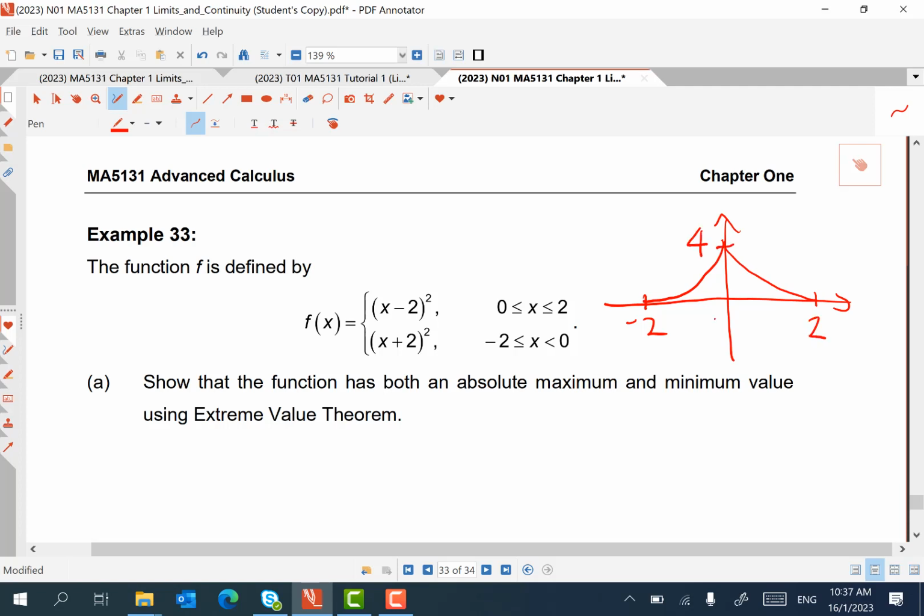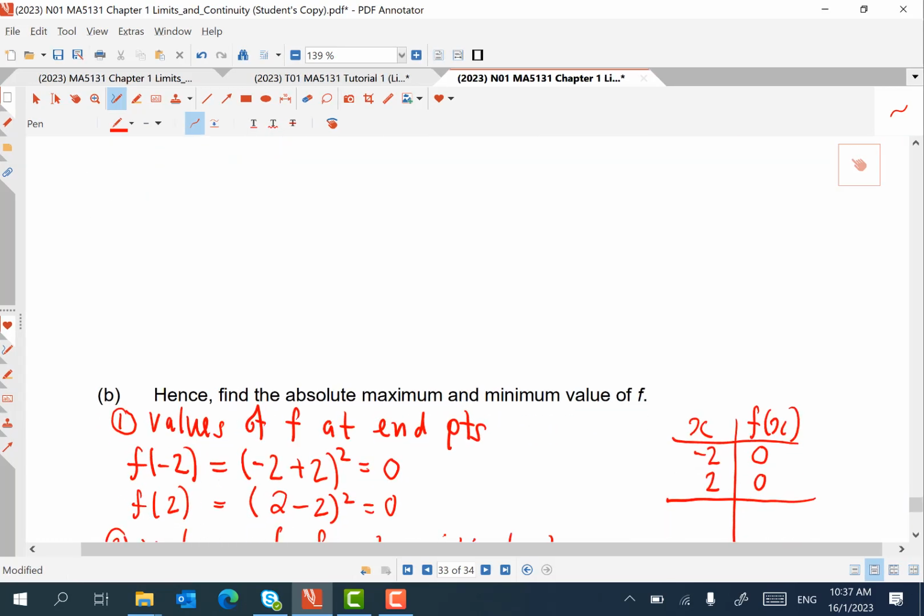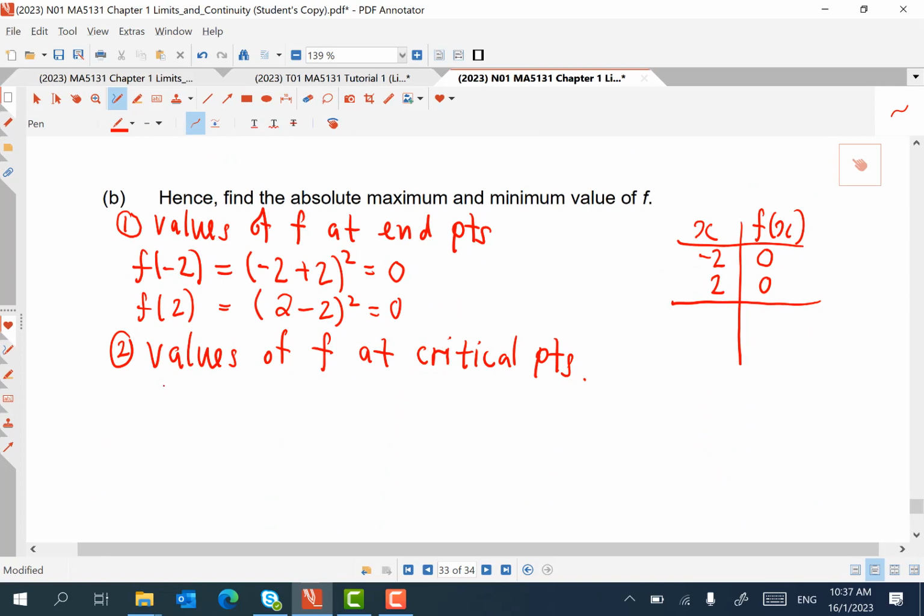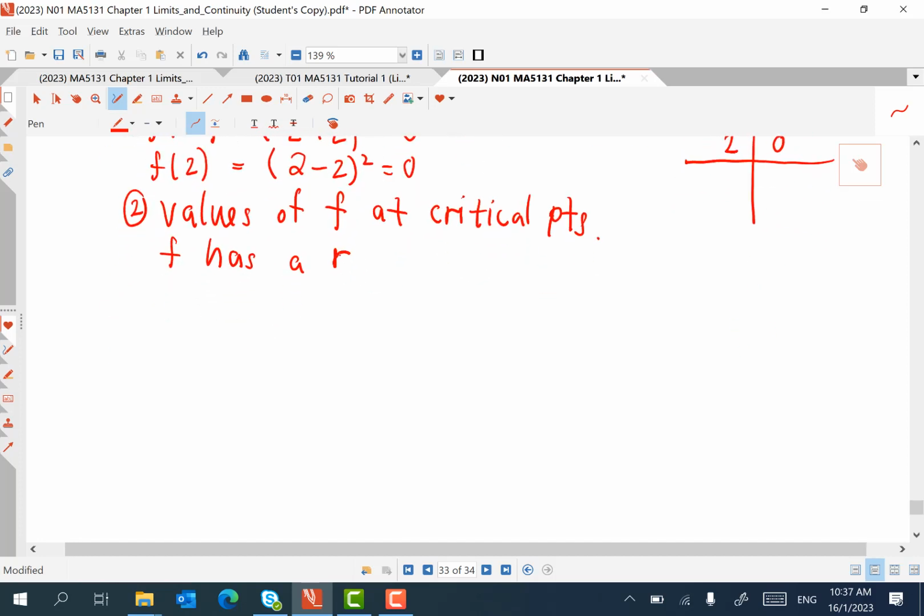And this is actually 4. So judging from this diagram, you would suspect that at the point x equals 0, the function has a critical point. And how do you actually make the conclusion explicitly? You say that f has a critical point at x equals 0 because,